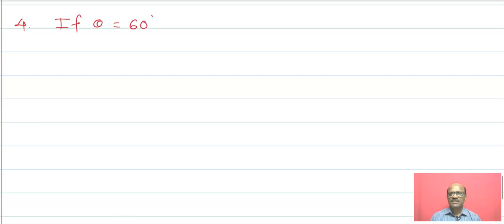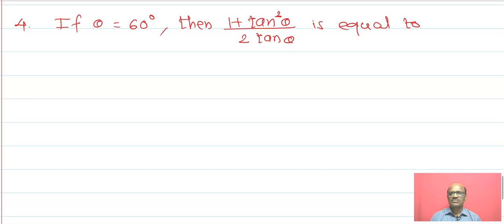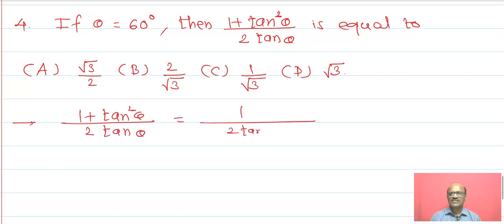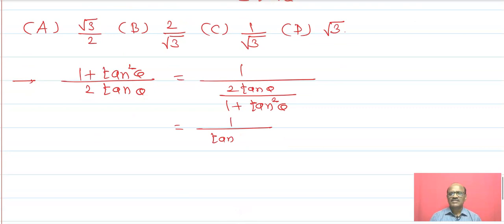Next is, if theta is equal to 60 degrees, then (1 plus tan square theta) upon 2 tan theta is equal to: A, root 3 upon 2, B, 2 upon root 3, C, 1 upon root 3, and D, root 3. Now (1 plus tan square theta) upon 2 tan theta is equal to 1 upon (2 tan theta upon 1 plus tan square theta), that is equal to 1 upon